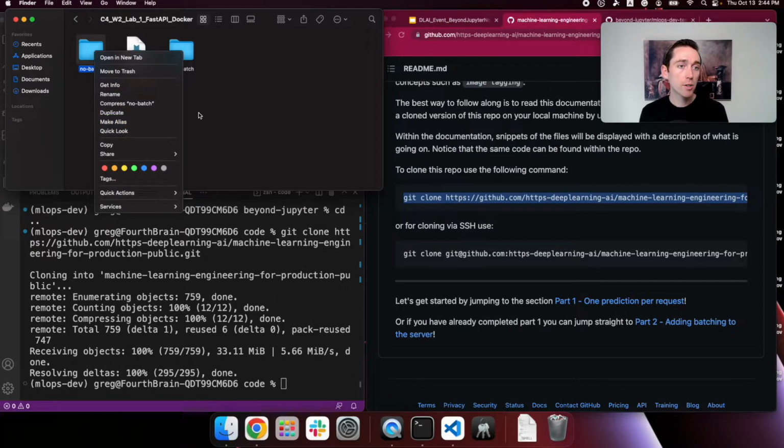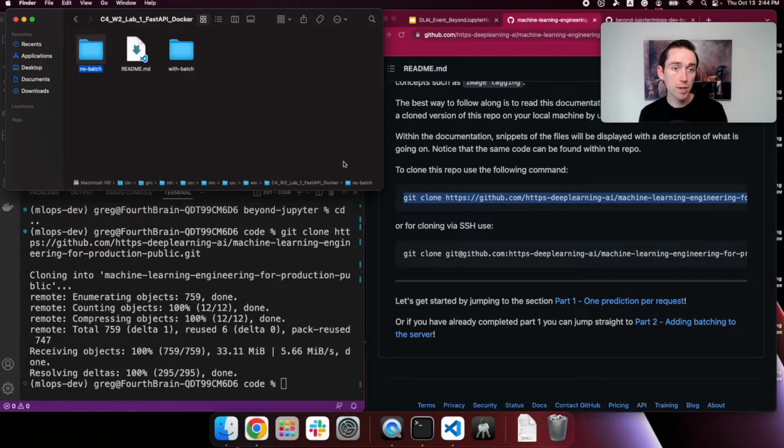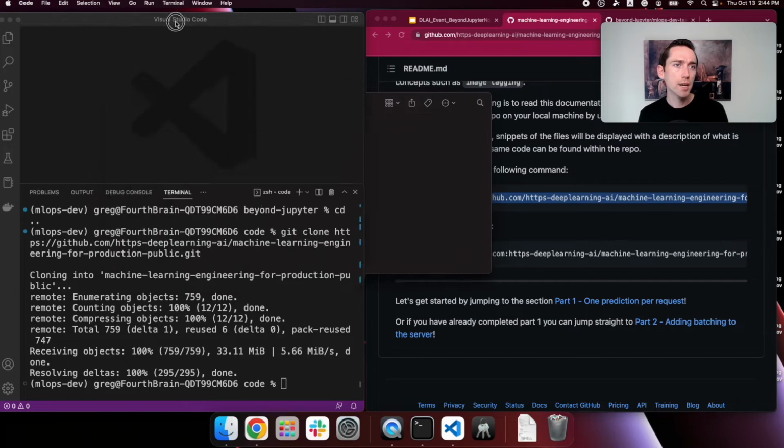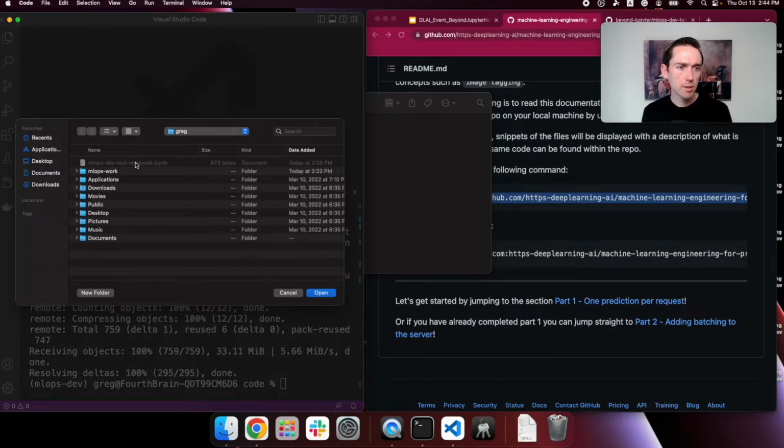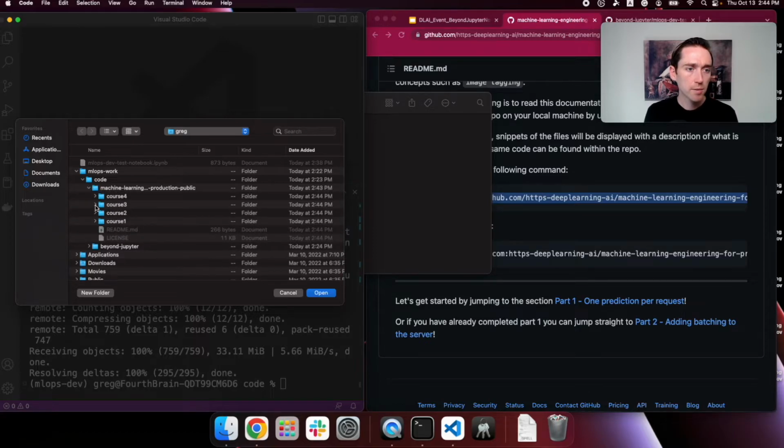So I'll hold Option here, and I'm going to copy no batch as a path name so that in Visual Studio, I can open the folder. Actually, I'll simply navigate to the folder, course 4, week 2,